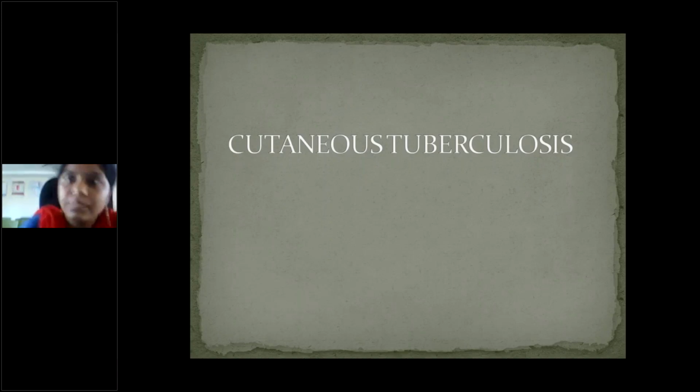Good afternoon, everyone. Today, as we are discussing various common clinical dermatological conditions, we'll be talking about cutaneous tuberculosis. I think you are very much familiar with tuberculosis because the first organ of primary invasion is the lungs, and you know everything about pulmonary TB. But tuberculosis can occur in any organ of our body, secondarily, or even in the skin, primarily, if